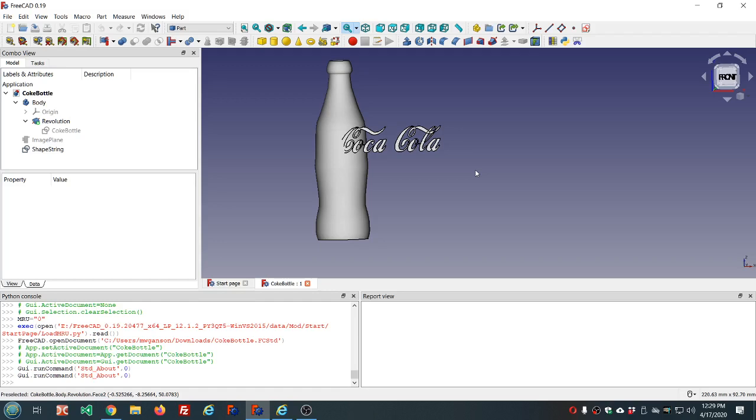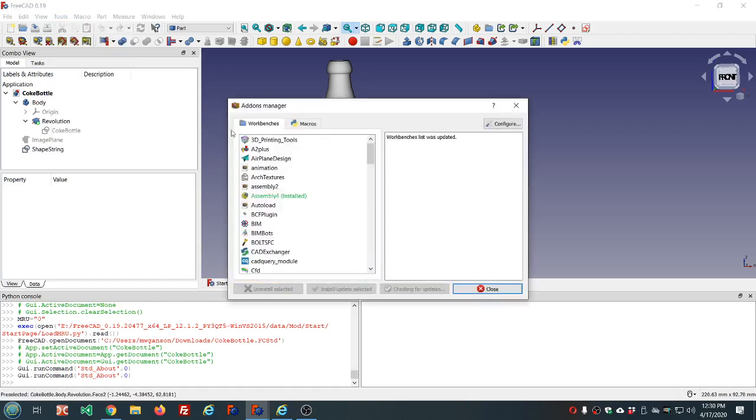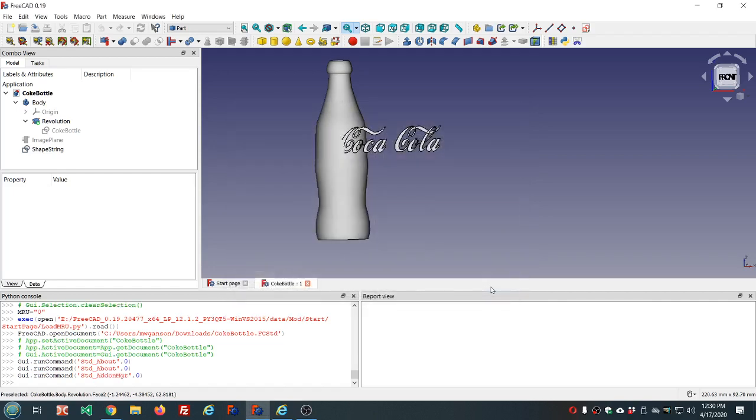Now, you're going to need the Curves Workbench installed. So go to the Tools menu, Add-on Manager. In the Workbenches tab, look for the Curves Workbench and install that. You will need to restart FreeCAD. So you might want to pause the video, go ahead and get that installed. Alright,